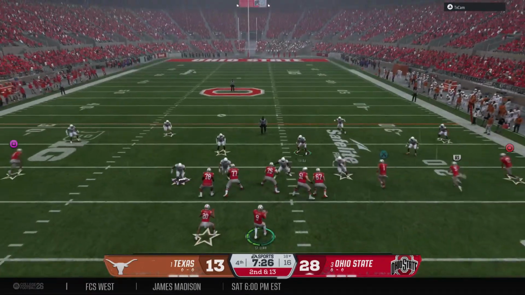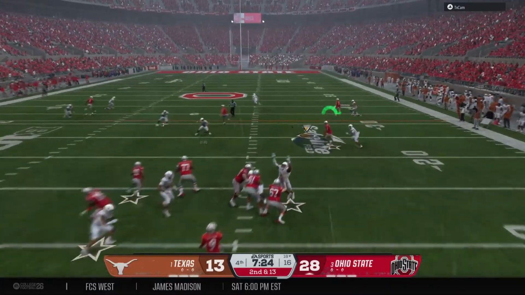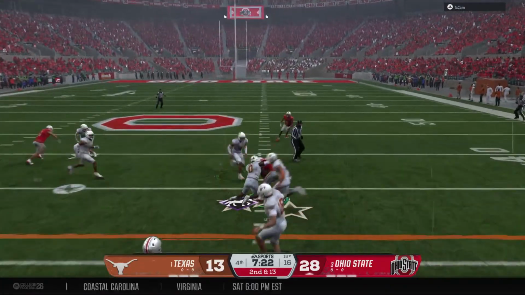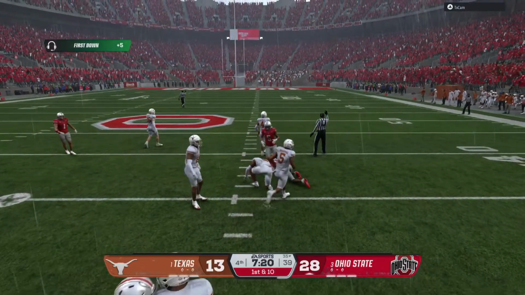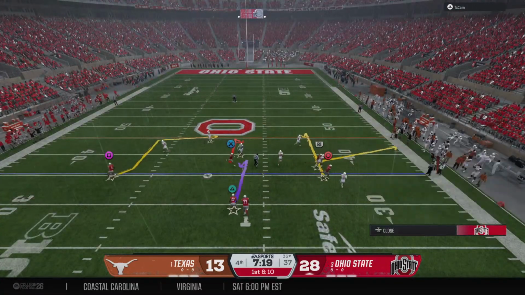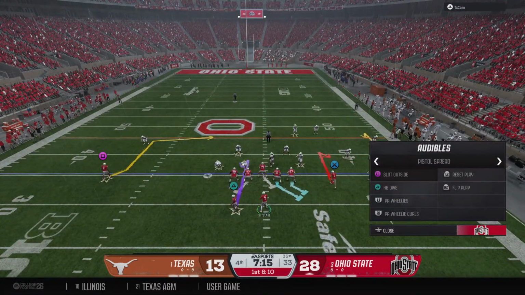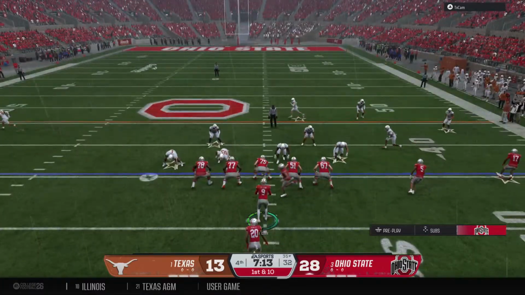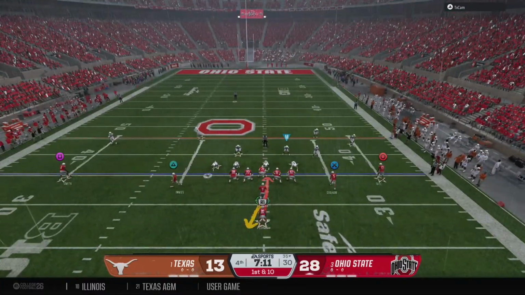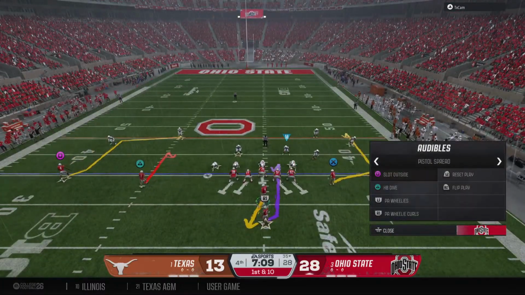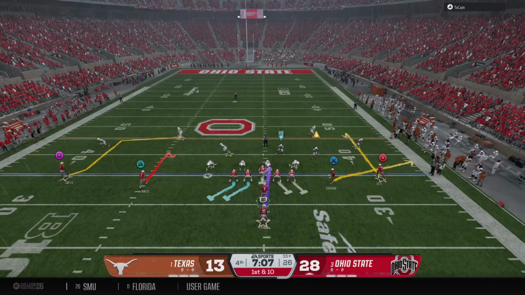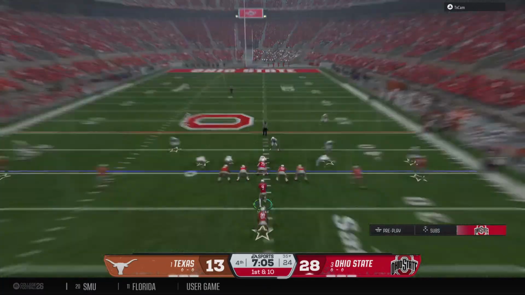They're trying to punch that ball out, do anything they can at all to get the ball back. Makes the grab. It's Tate. They bring him down, but the drive has now reached the 35. Buckeyes come up to the line to crank the tempo up here. There's no time to sit there and talk to each other as a defense. You give up a big gain for a first down, and already you've got to get lined up because here comes the ball again.